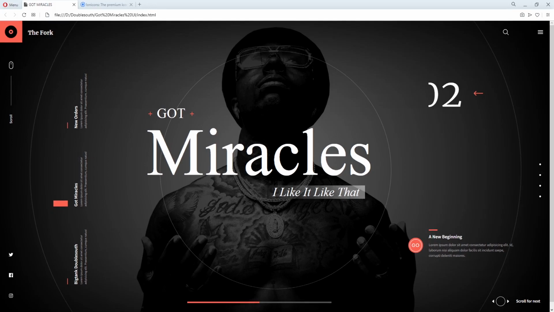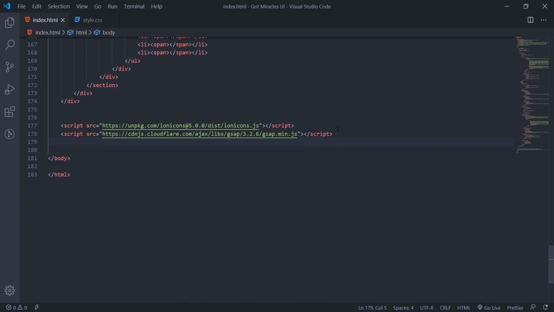So in the previous tutorials, we designed our landing page. Now it's time to make it fresh, so we're going to run the animations. GSAP is what we'll use to run the animations for this design. What I'll do is I've already called the link to GSAP from the Cloudflare CDN.